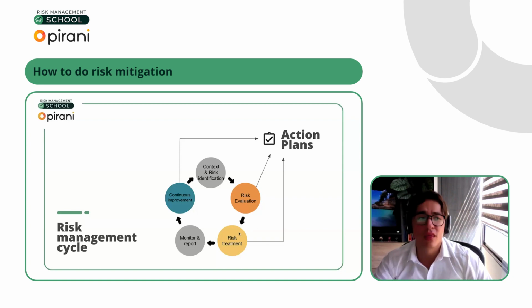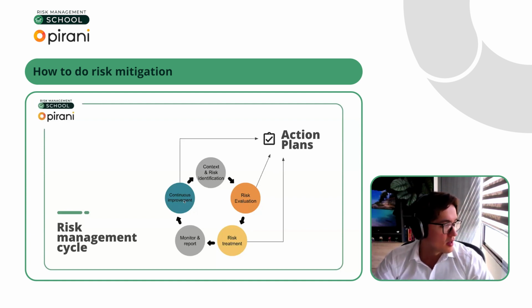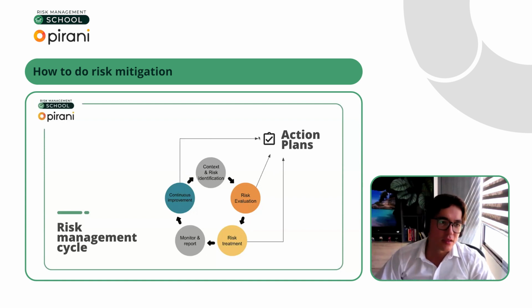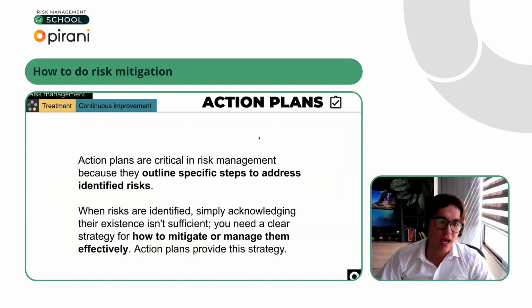And another thing is that definitely will be part of the continuous improvement. So, okay, what you already know of the controls and events and risk materialization, what you can do, and in the continuous improvement, it will be definitely helpful to have an action plan. So let's try to go a little bit deeper into this action plan.